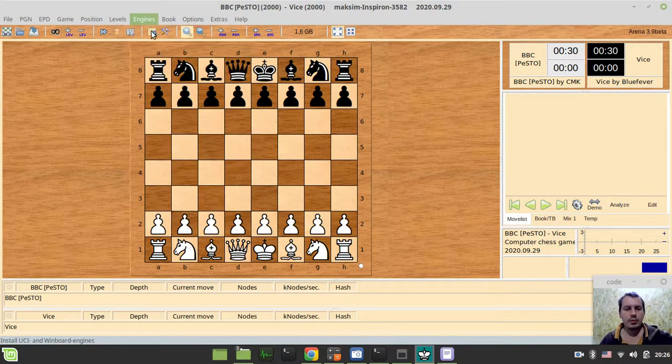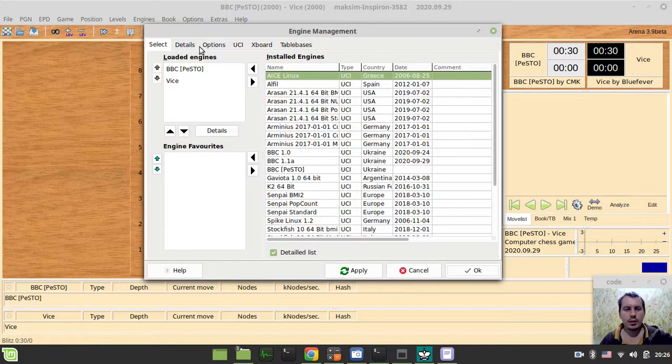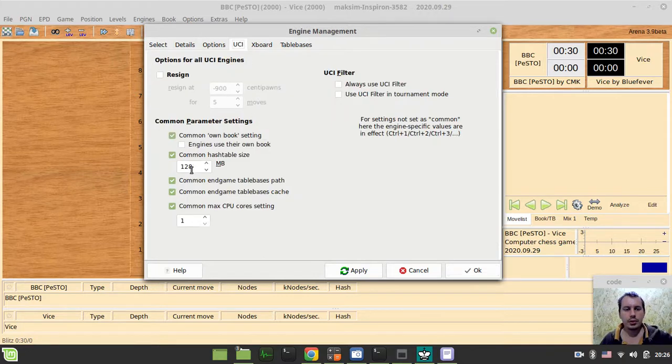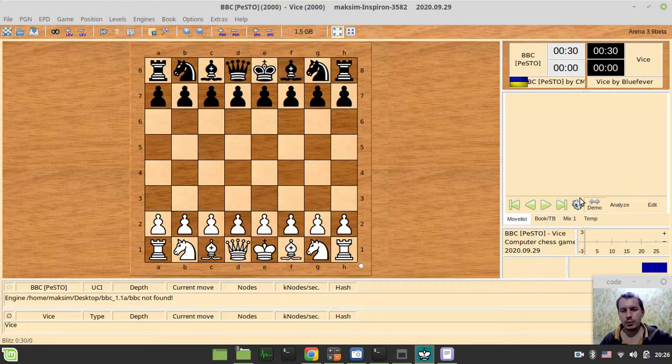So let's go to the engines, and here within the UCI options. So I tried this 128 megabytes. So in this case, let's say we're just starting the game with BBC playing versus Vice, then okay, something has